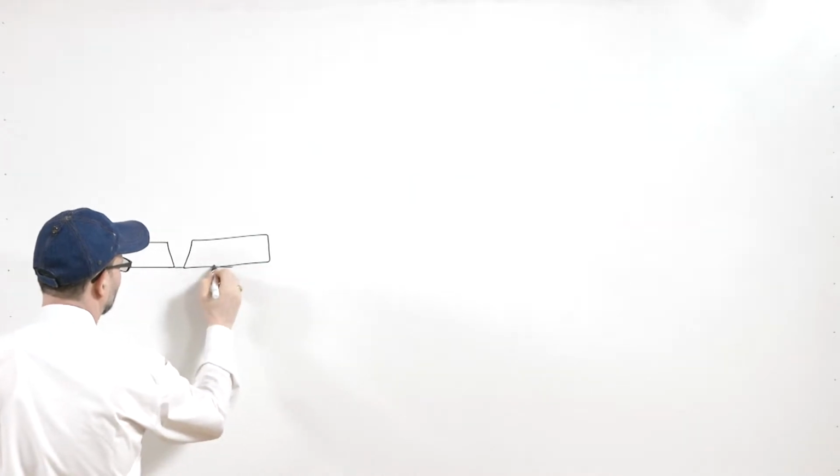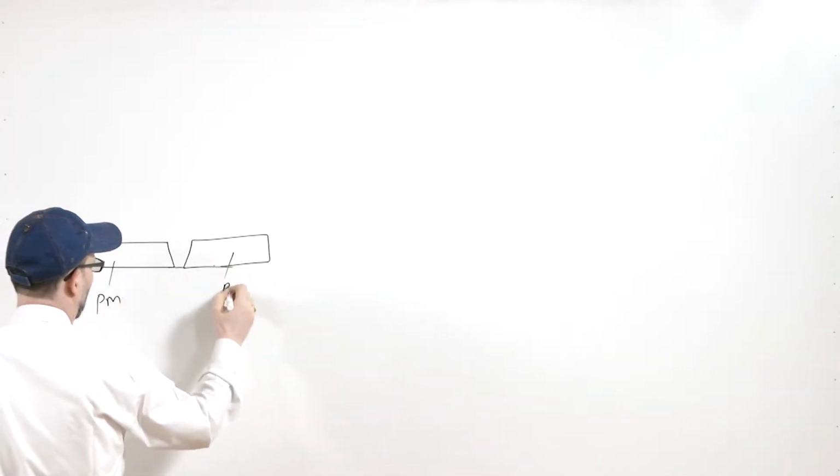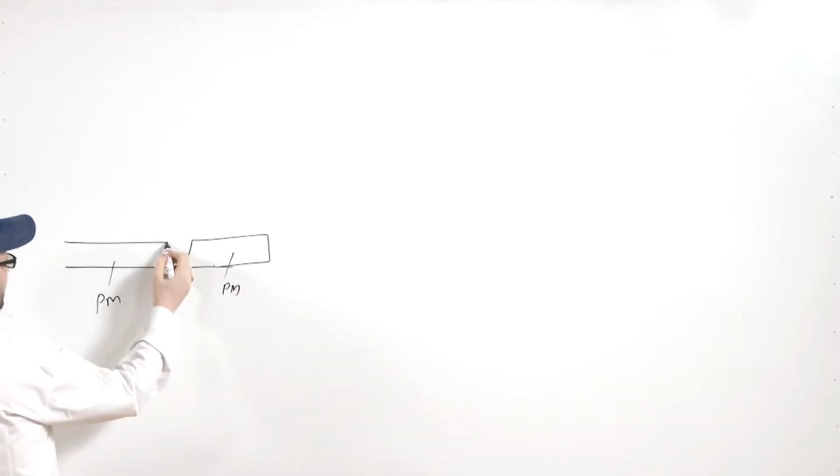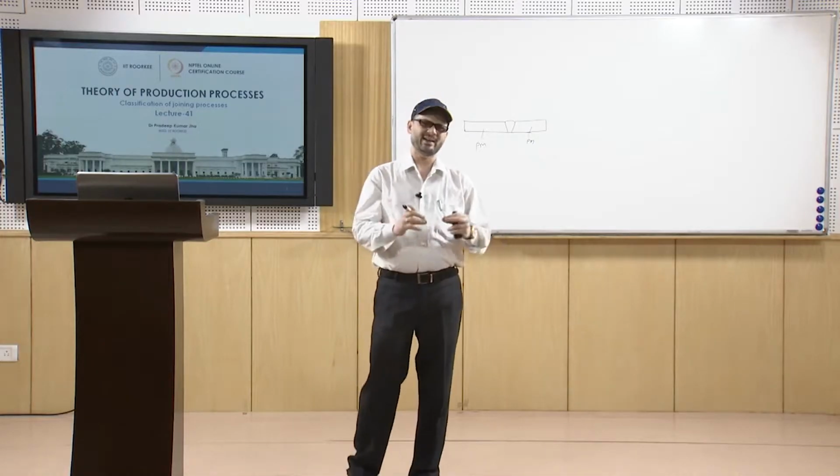These are the parent materials, and this is the weld pool that you must have studied so far. This is the pool where the fusion takes place or the binding takes place in the